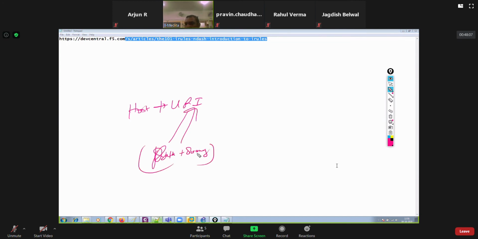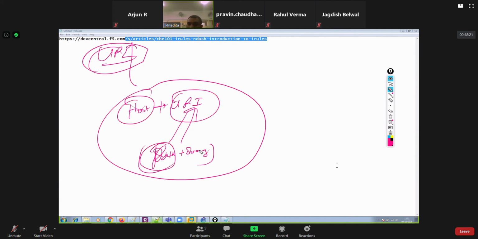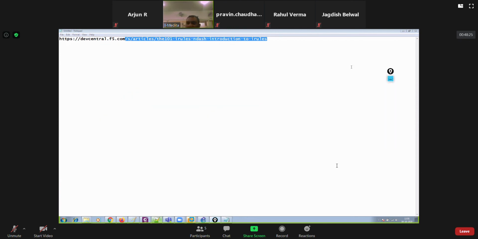That's your URI, right? And combined, it is all the URL that we should be aware of. So using iRules, you can redirect only the URI, or only the host portion, or maybe the path portion, or maybe the query portion. It's up to you, what do you want. But this is what you should know about the URL.